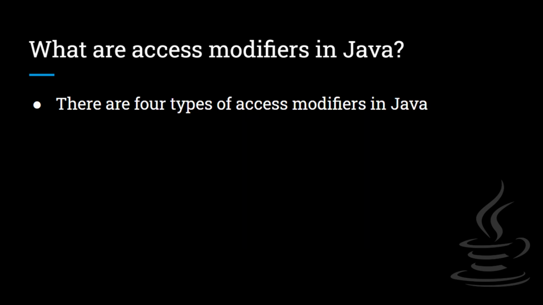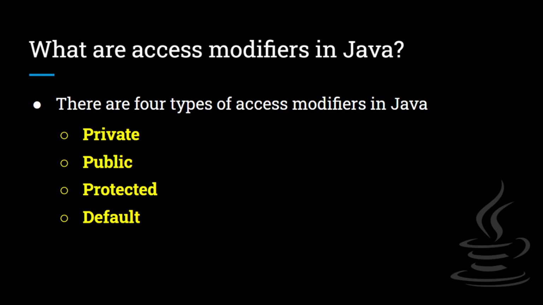In Java there are four access modifiers: private, public, protected and default, when no access modifier is defined. They are mainly used to reduce the accessibility of the class, variables etc. Let us discuss each of them, one by one. The first one is the private access modifier.